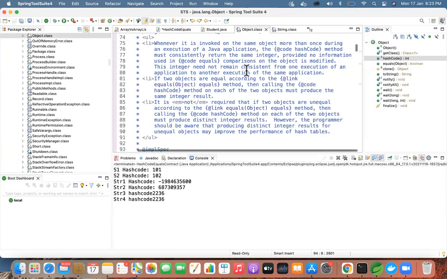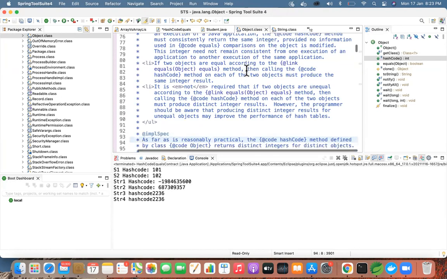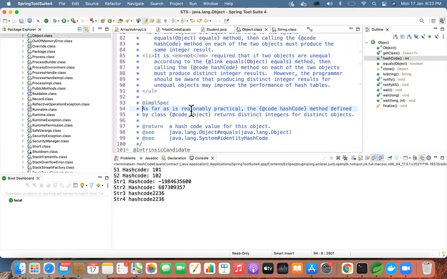So as per that statement given by them under the hash code method, as far as is reasonably practical, the method defined by the class returns distinct integers for distinct objects. So it is not a 100% guarantee that your hash code will return a unique value every time. It might also have the same value for different objects. So we can't trust this particular hash code every time. So how are we going to resolve this contradictory issue?